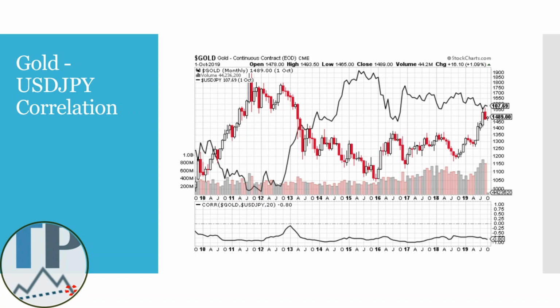Here we're looking at gold versus the dollar-yen correlation, and so I mentioned before the Japanese yen tends to be seen as a safe haven currency. I think most of us know that Japan has a debt to GDP ratio close to 200% or perhaps even above that. But I would say that